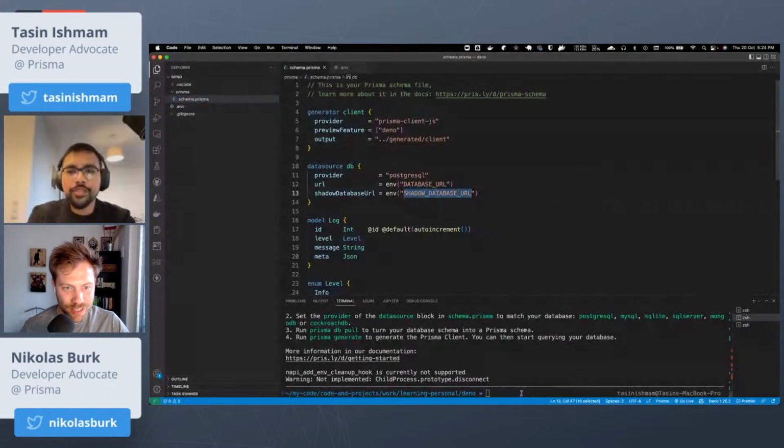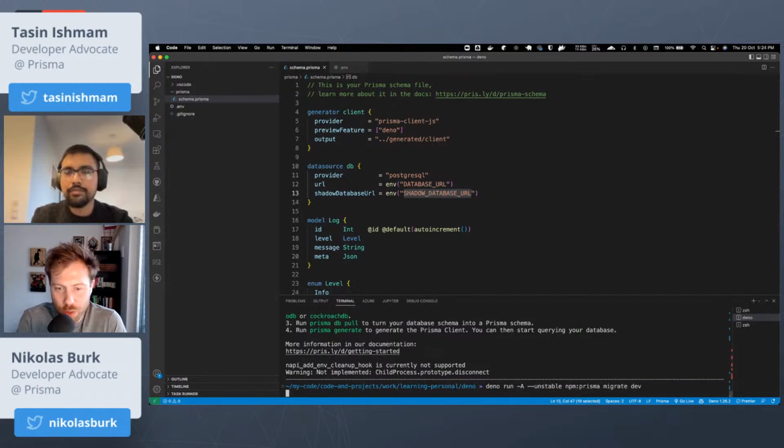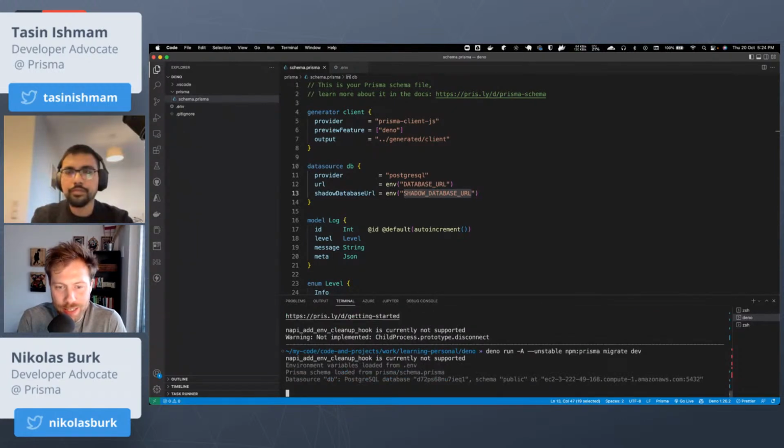Okay. So now what we are going to do is run npx prisma migrate, but basically the Deno version, which is deno run -A --unstable npm:prisma migrate dev. When we want to run the Prisma commands in the terminal, instead of prefixing them with npx as we usually do, we now have to prefix them with this command from Deno. So the Deno CLI has a run command, and then we pass